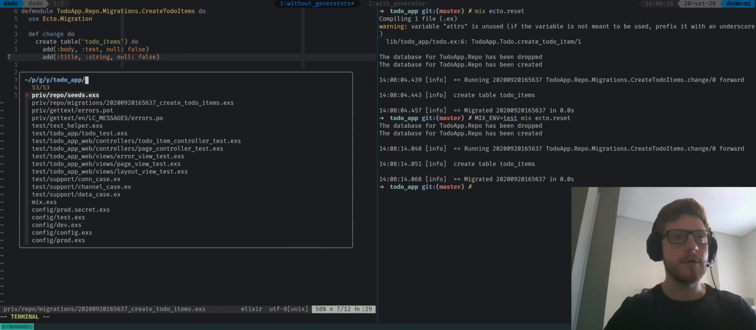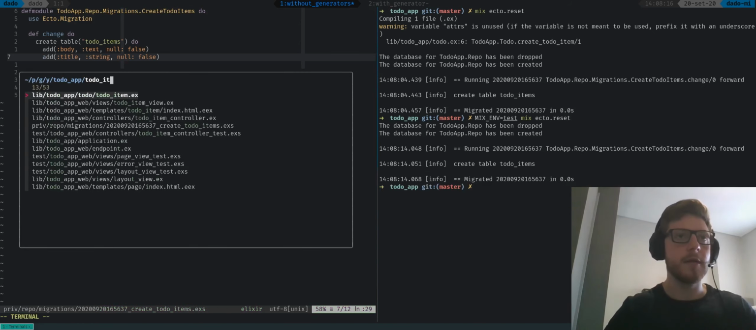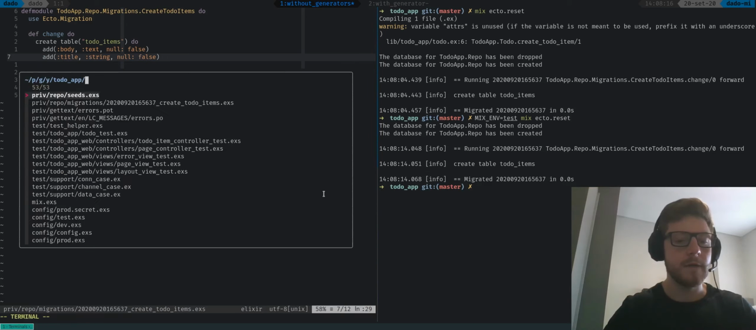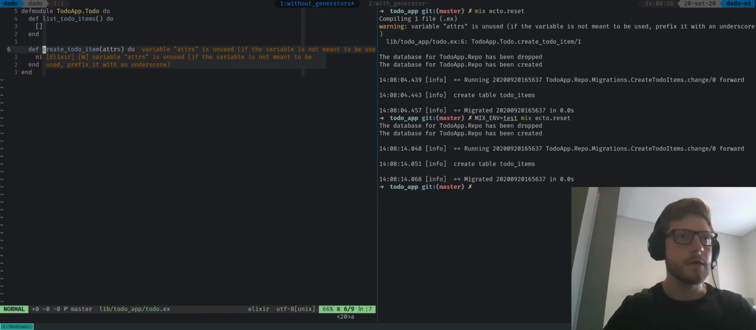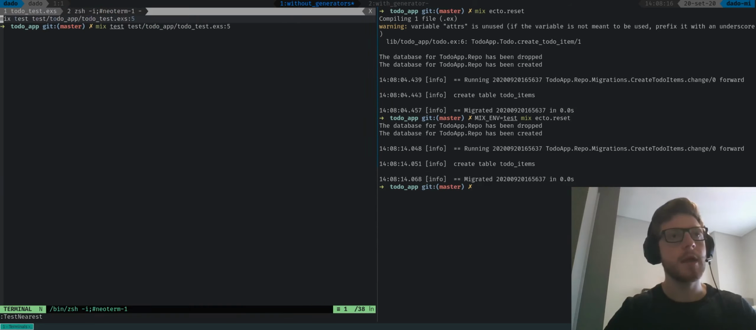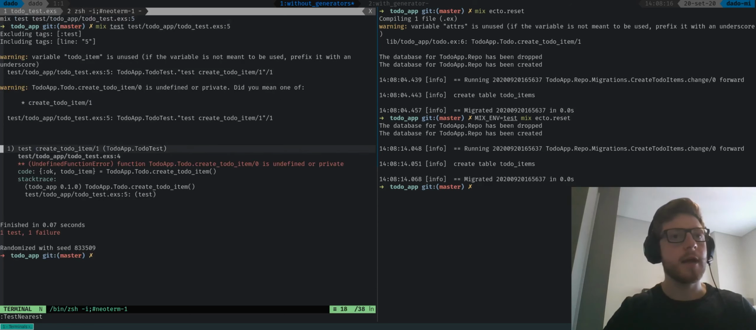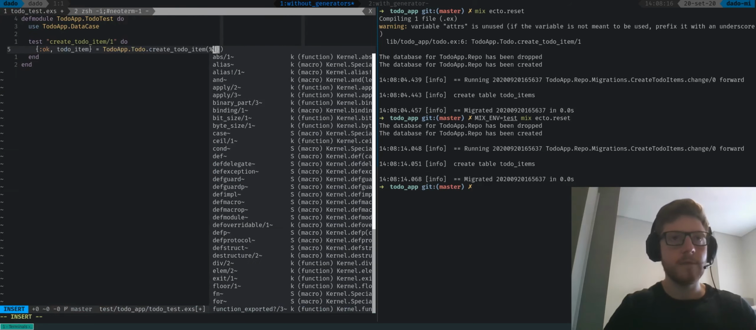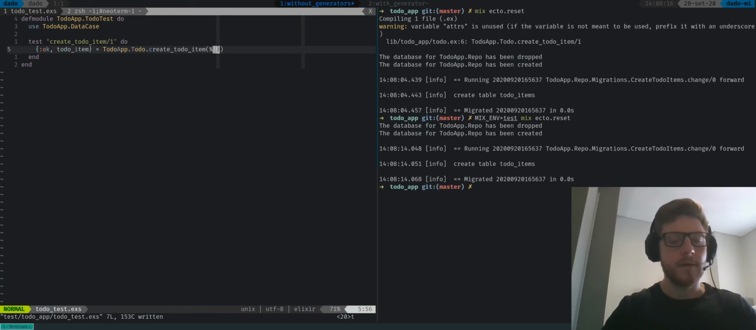So now if I go to the todo_items_test, where is that todo exs? So if we go here, and now if we run this thing here, this is saying that the to-do item with 0 arity is undefined or private, of course, because it's not 0 arity, it's with 1 arity. And if we run once again,